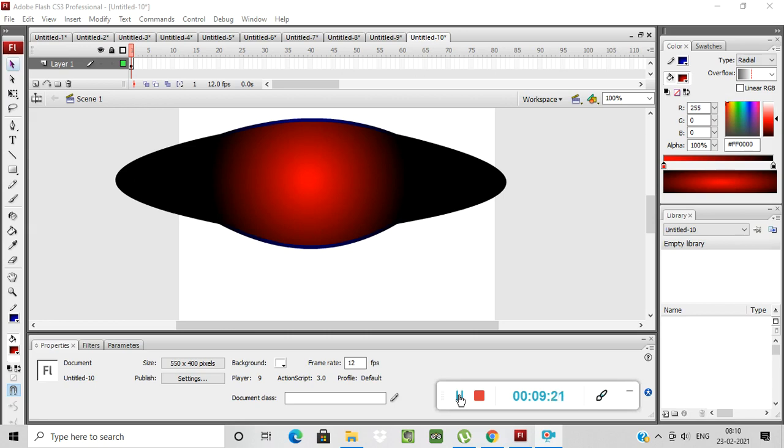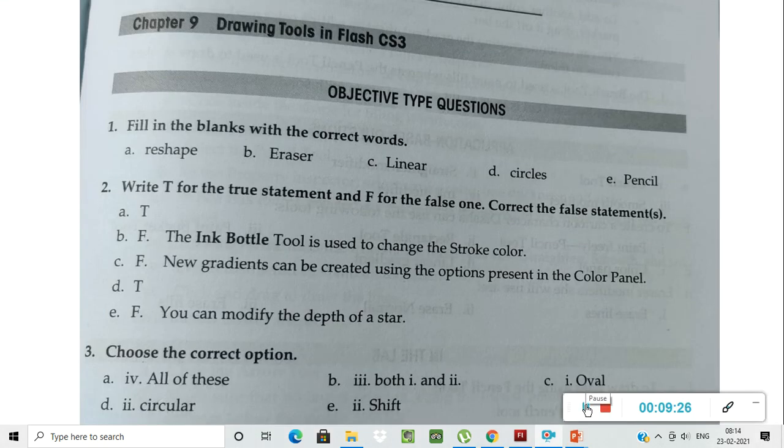So learn them by heart and then solve your assignments. See, these are the answers of your fill in the blanks, and the true or false answers and choose the correct option answers are also given. See the answers and try to solve the assignments.